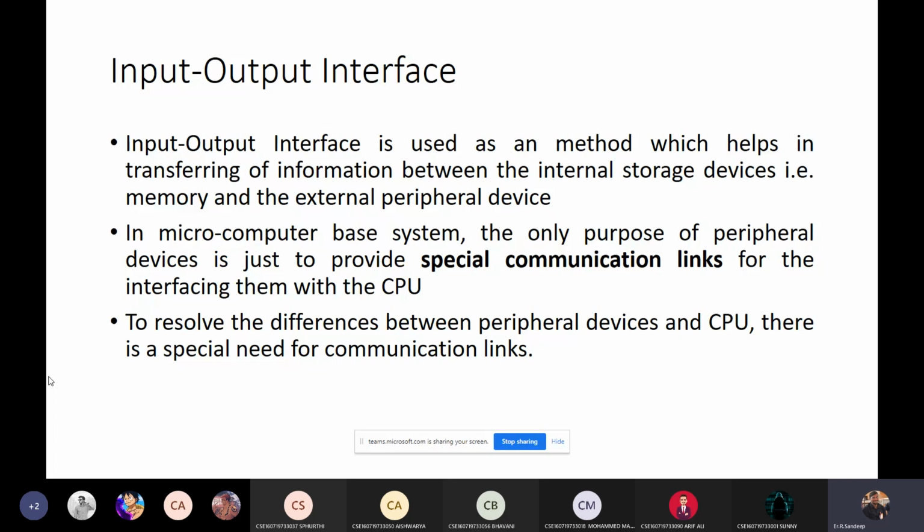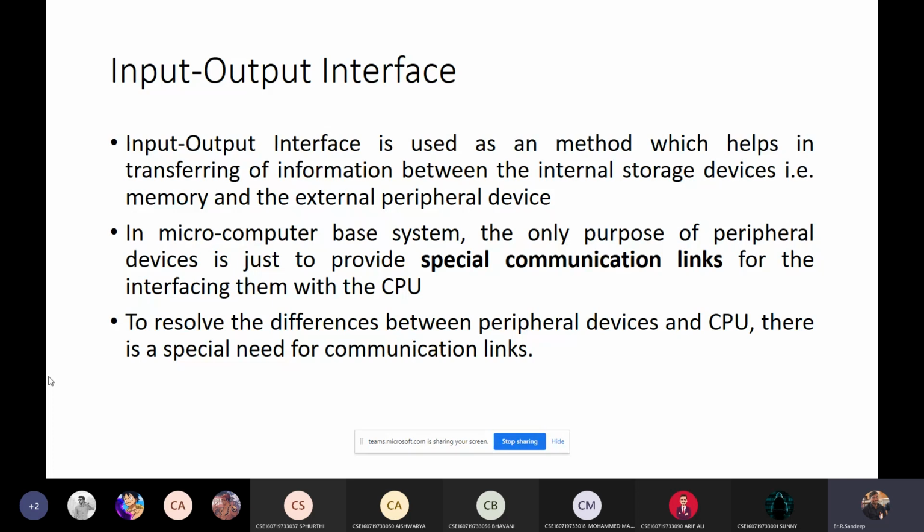So if you are talking about the keyboard and mouse, mechanical stuff will be there. Along with that, electronic signals also it will understand. But if you are sending the data directly to the processor, it will get confused about what type of signals the user is sending. So for that reason, we are going with an extra circuit. That circuit we are calling an interface.